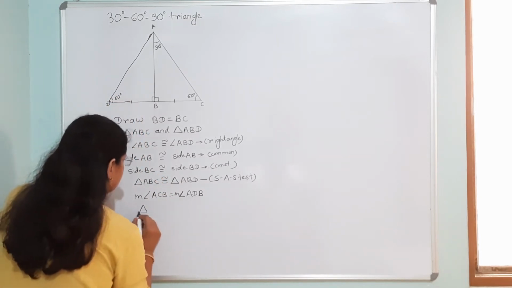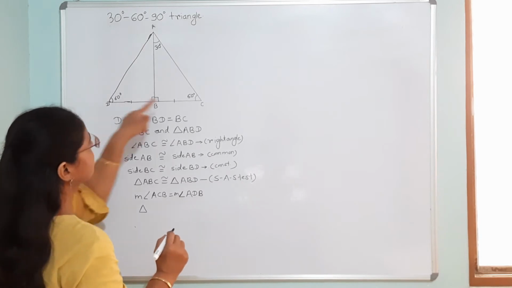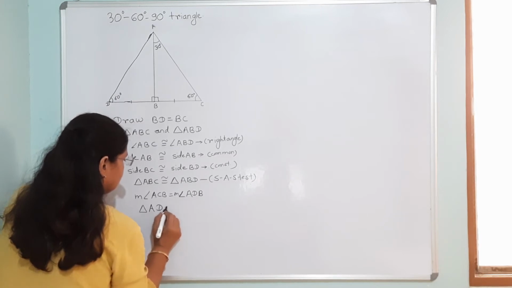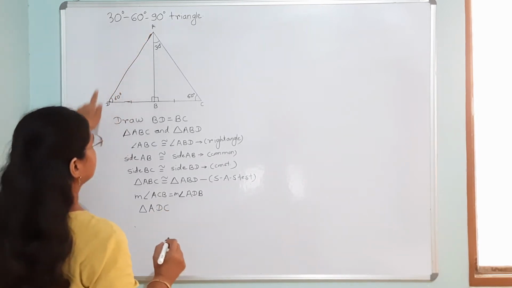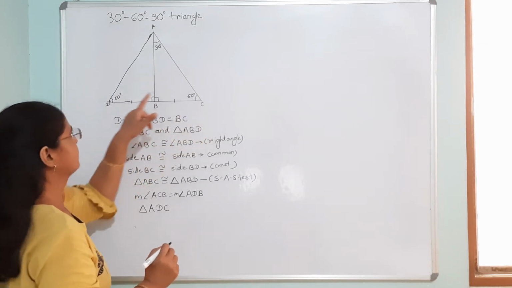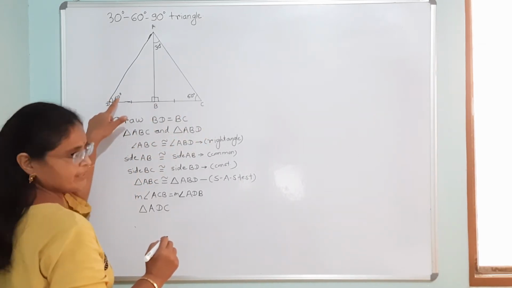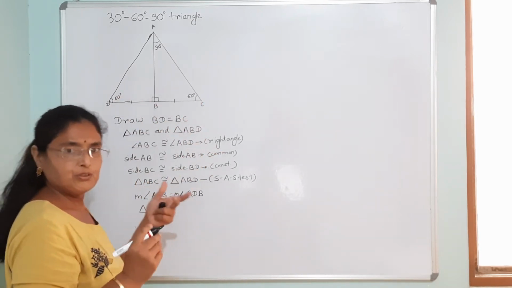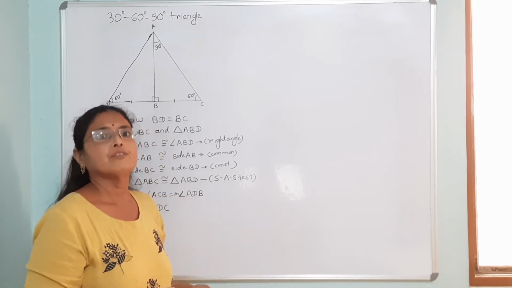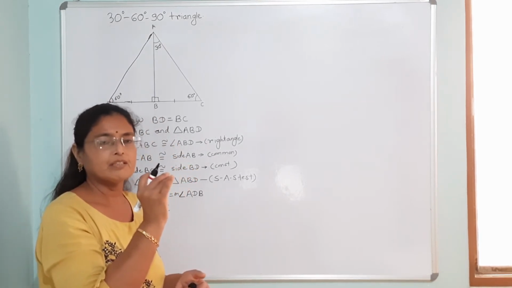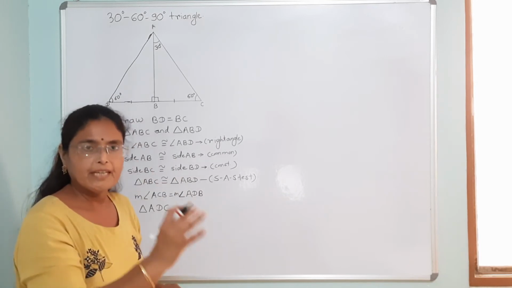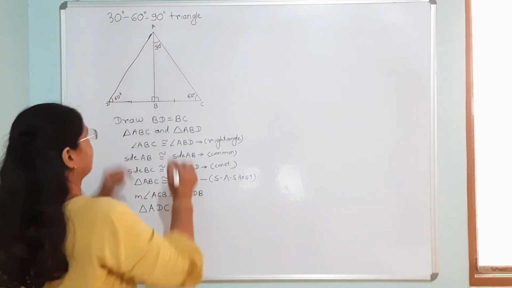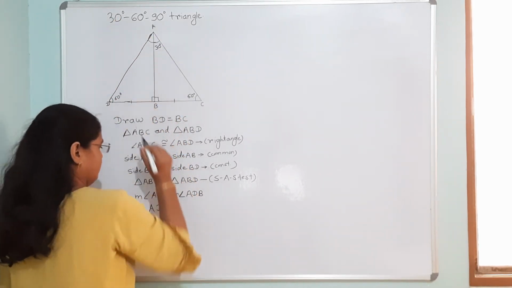And when we consider triangle ADC, the greater one, it has two angles with measure 60 degrees. That means angle D is 60 degrees, angle C is 60 degrees. And as we know, the addition of the measures of the three angles of a triangle is 180 degrees. That means the whole angle A must be 60 degrees.